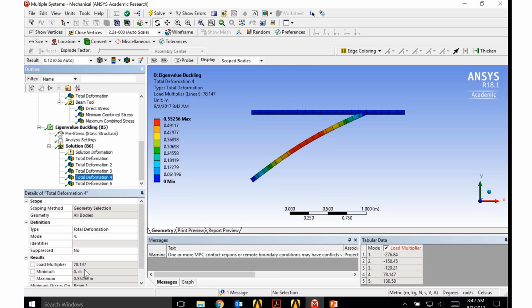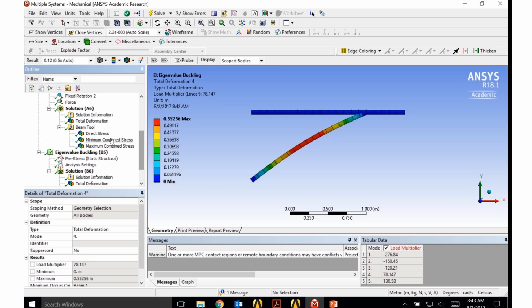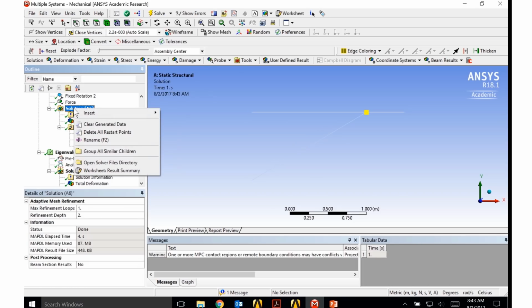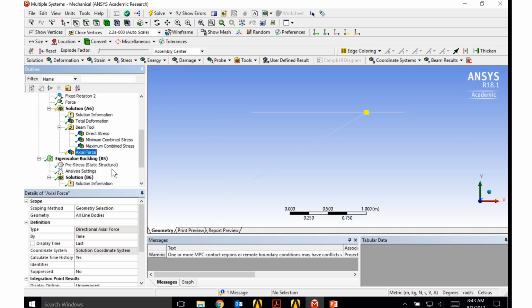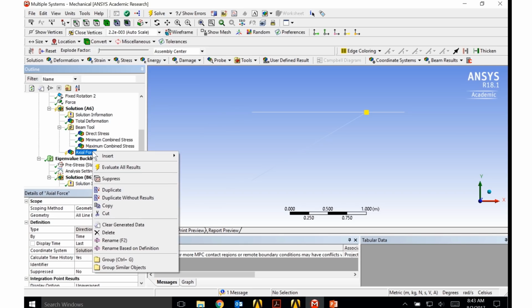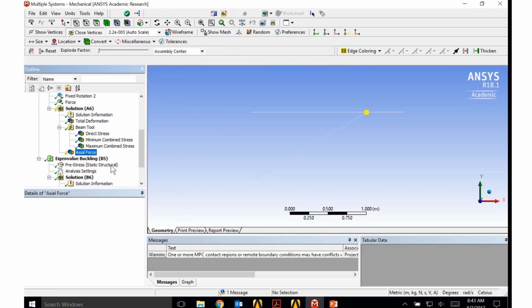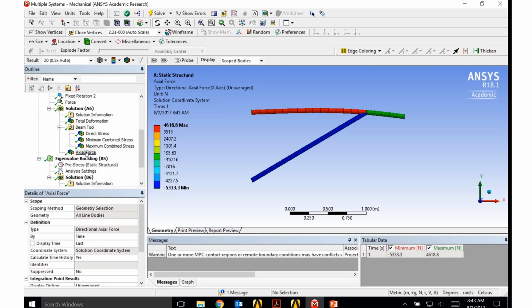The load multiplier is 78.147, so that needs to be multiplied by the load that is in this member right now to get the buckling load of that member. To do that, you can scroll back up to solution, right click, insert beam results, and click on axial force, then right click on axial force and left click evaluate all results. Now you can come and click on the axial force, and I can see that the axial force in this diagonal member is